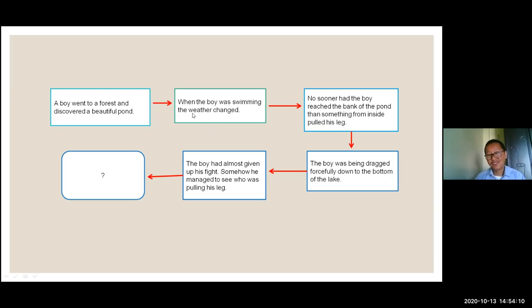And then when the boy was about to swim in that pond, the weather was fine. It was clear, the weather was pleasant, but it was a little bit hot. That's why that hot temperature made him go into the pond and then swim. But when he was swimming, enjoying himself in the pond,